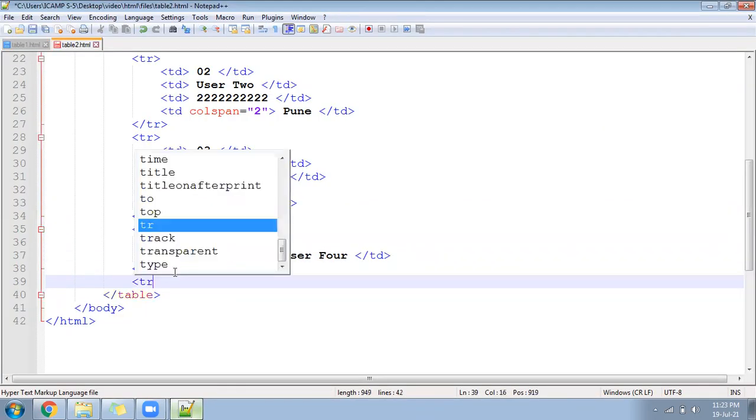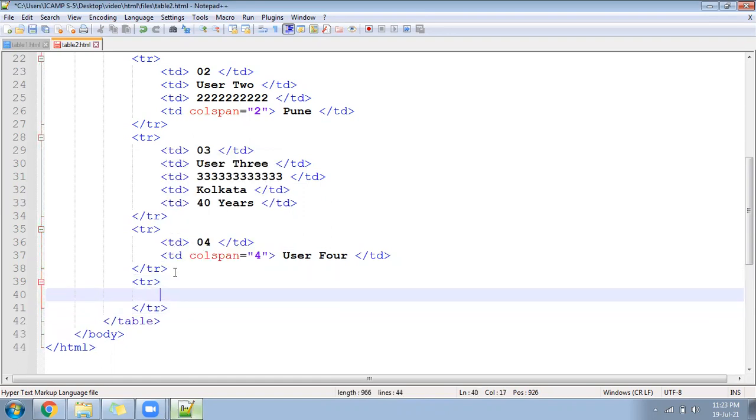Yes, it is helping you to combine the space of missing columns so that the table will not look odd. It will look well organized. Okay, so the last user has all the details. So I'll follow the TD 05, then